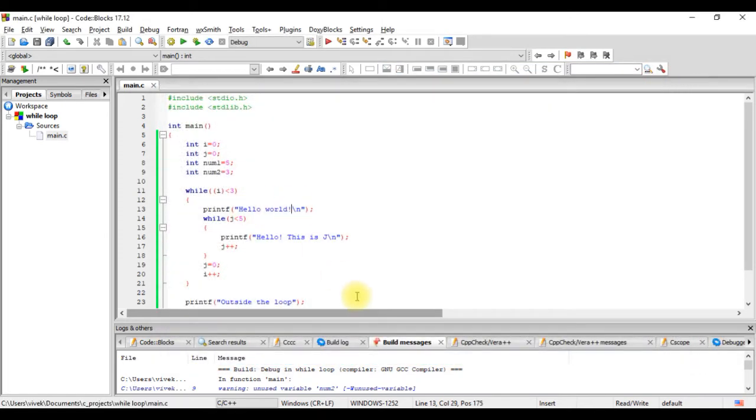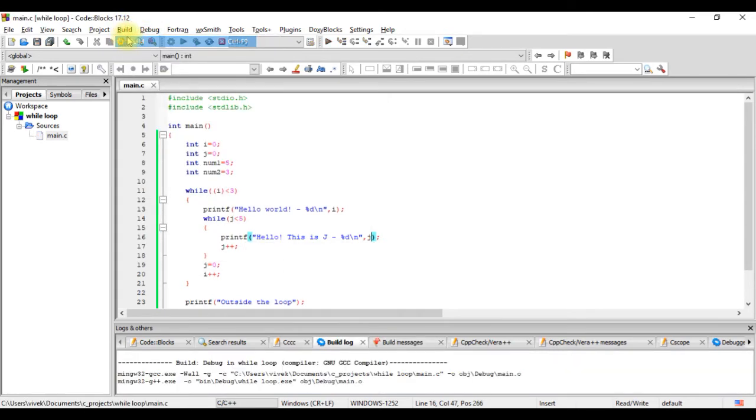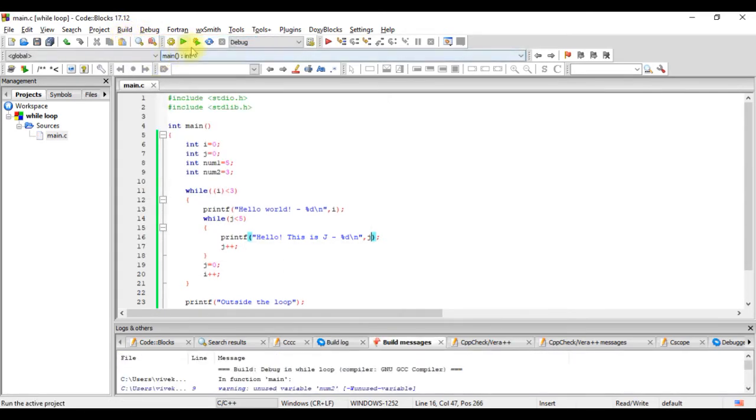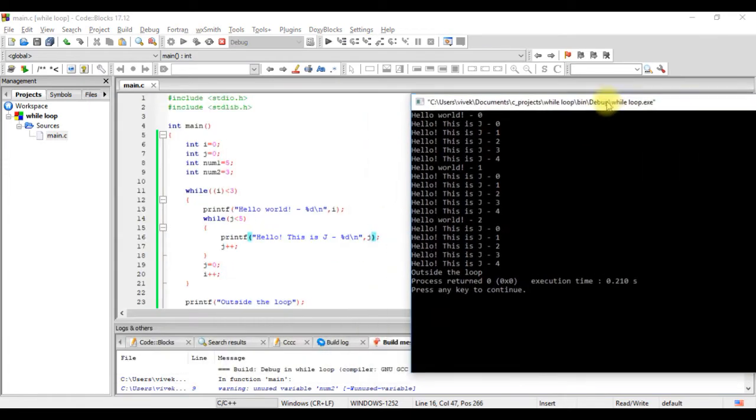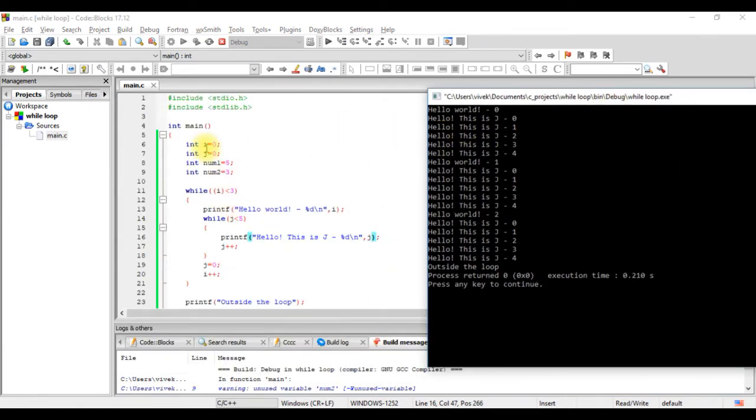So I'll write here number %d and we'll print the value of I. Similarly here we'll write %d and we print the value of j. So let's run it again, and you see here initially the value of I is 0, 0 is printed here.